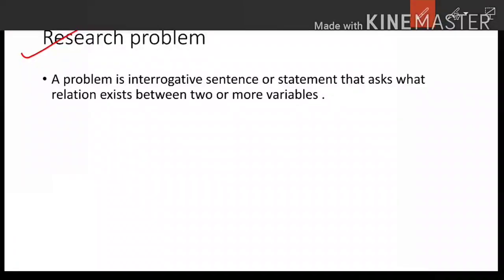So this statement itself says that a research problem is different from the problem statement, and it is a question that a researcher wants to answer. When the researcher puts this question, this type of statement is known as the research problem. So a very important step is, before starting any research topic, the researcher should go for the identification and formulation of a research problem. That is the initial step, or the first step, of any research process.